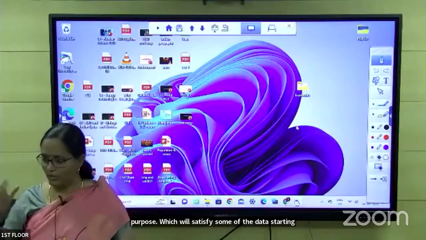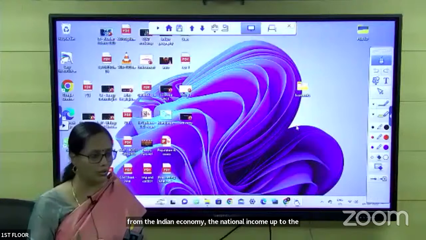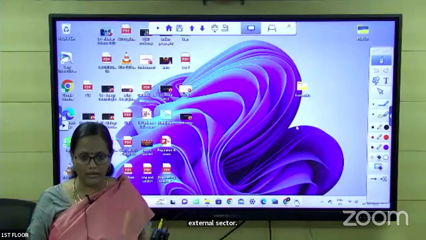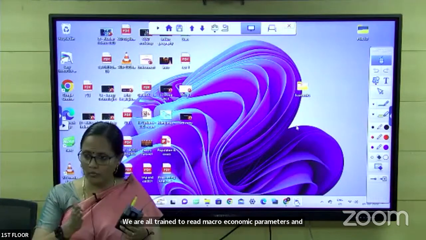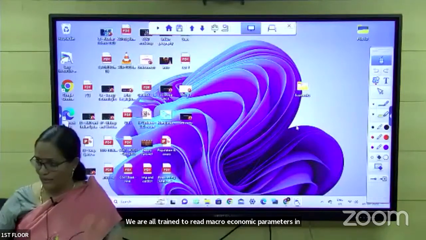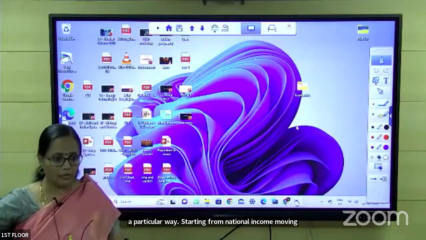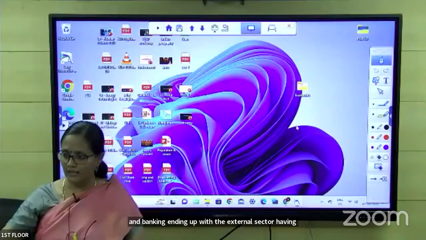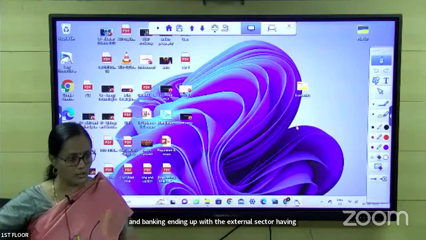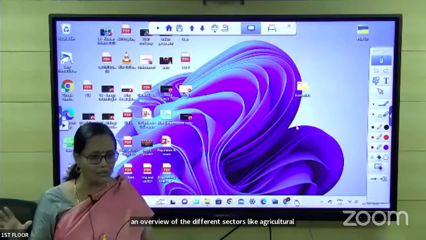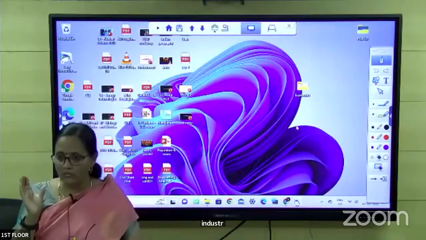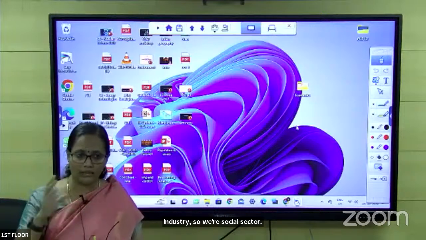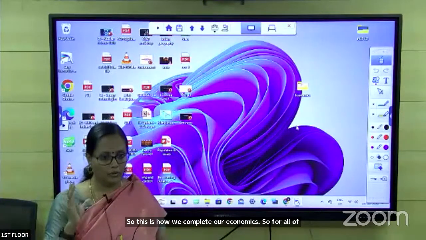the external sector. We are all trained to read macroeconomic parameters in a particular way, starting from national income, moving to public finance, studying money, inflation and banking, ending up with the external sector, having an overview of the different sectors like agriculture, industry, services, social sector. So this is how we complete our economics. So for all of these parameters, though we don't directly take it from the budget, if you go to the